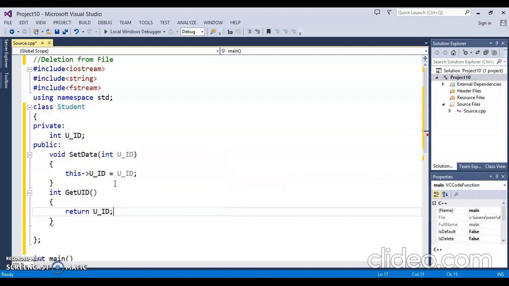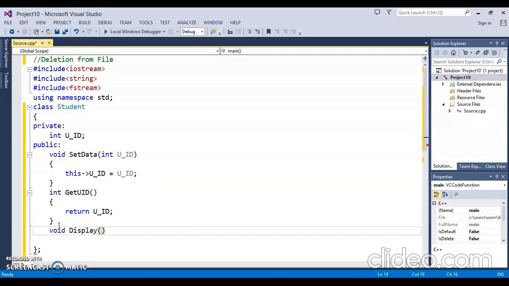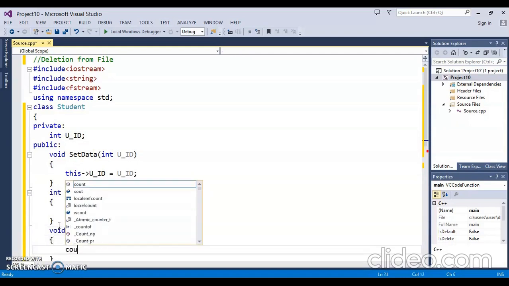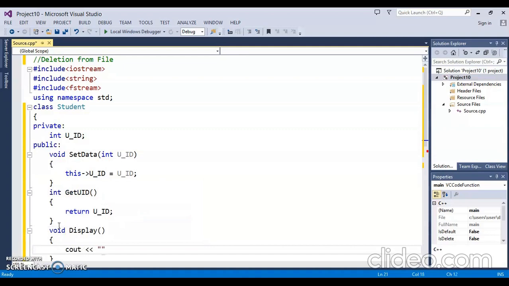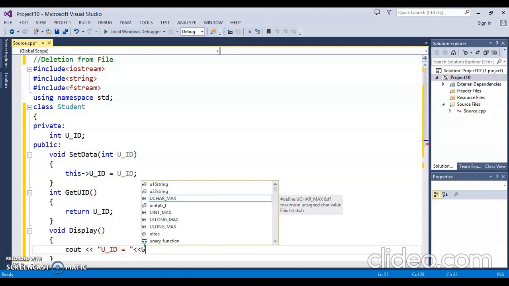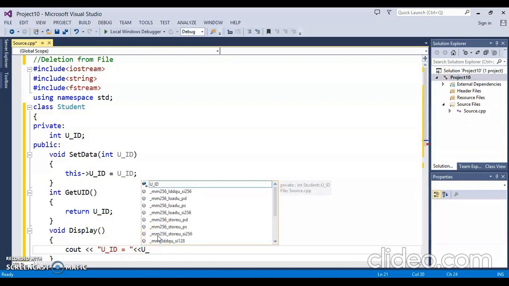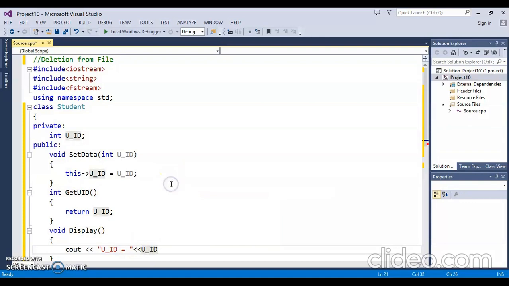Now just one more function I want to write to display, because whenever we read the file, we need a simple display function that will display UID. So cout UID is equal to UID. Next line.